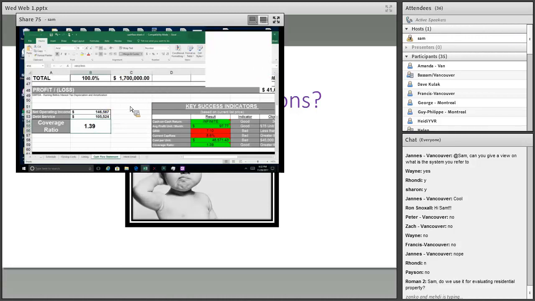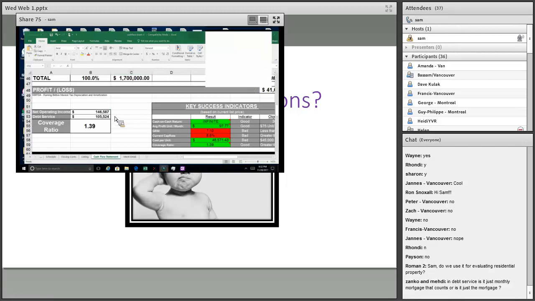Yeah, absolutely, Roman. You use this for residential property too. If you're doing it for a property you're living in, run the exercise on the property and see what it would cost you to live there if you rented it versus owning it. Sometimes you'll find it costs you less to rent a house than own it, because of taxes, maintenance, and property management. Now, if we were doing a rent to own, that'd be different. That's a different sheet. We'll get into that.